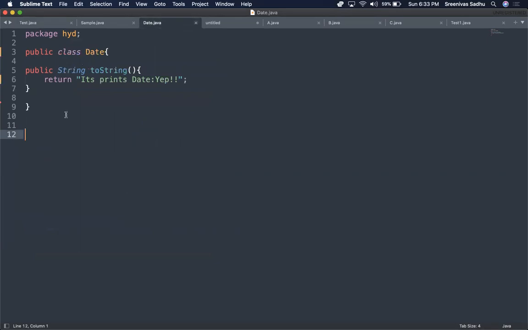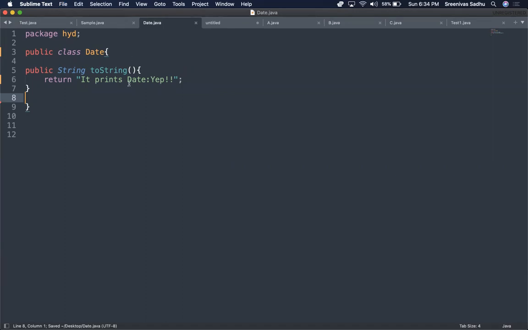See, here I have a Date class, public class Date, in my package HYD. And in it, public String toString, whenever an object of this Date class is created and printed, it prints a custom date. This is what I want to get printed.